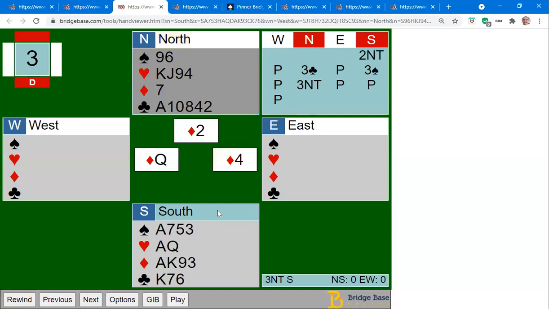So let's suppose we win the first one with the ace. And there are different ways you could play this. You could unblock the hearts right away, or you could delay it slightly, as long as you do it before you get to dummy. So if you turn your attention instead to clubs, you might realize that you've got to lose a club here,